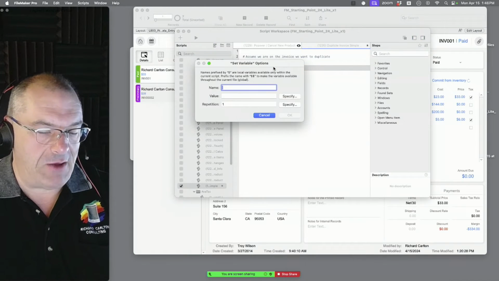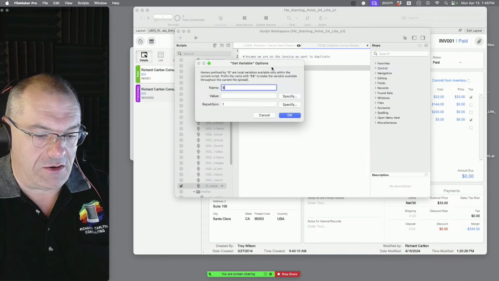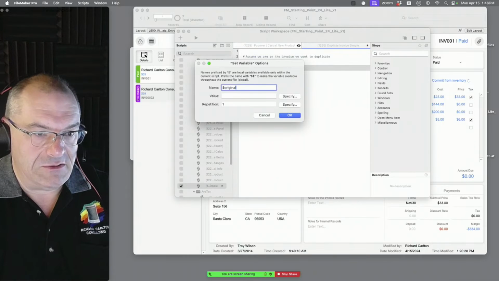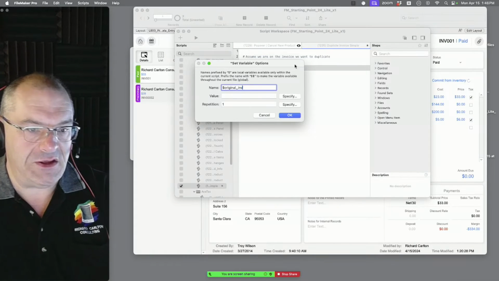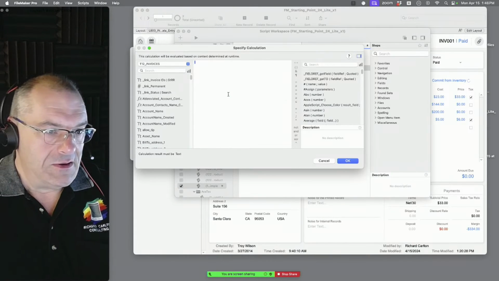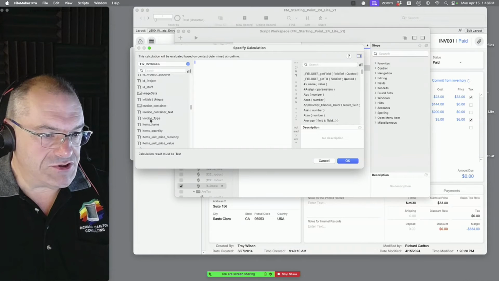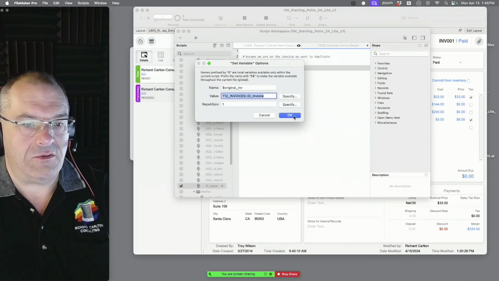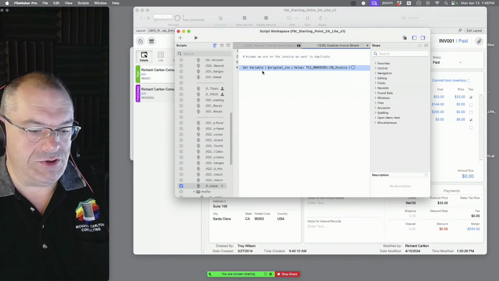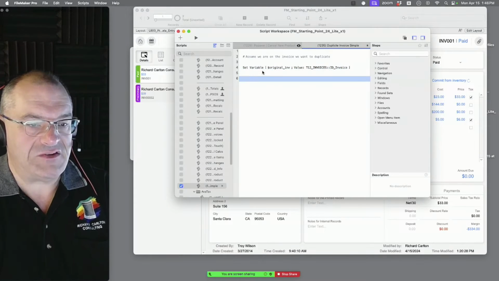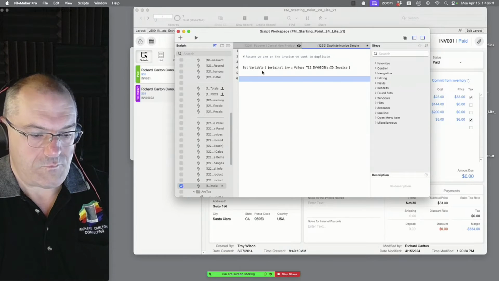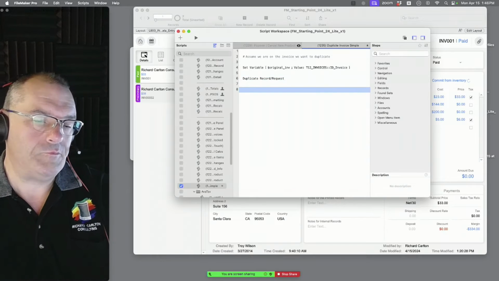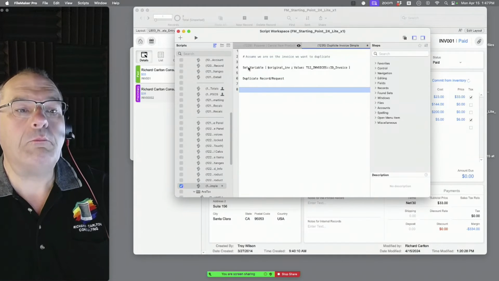So we're going to use a local variable. So it'll be dollar original invoice, INV, specify. We're on invoices. We want the ID underscore invoice. Okay. Now what are we going to do? Next step? Select duplicate from the record menu. Duplicate record request. Next step. Copy the new invoice ID.